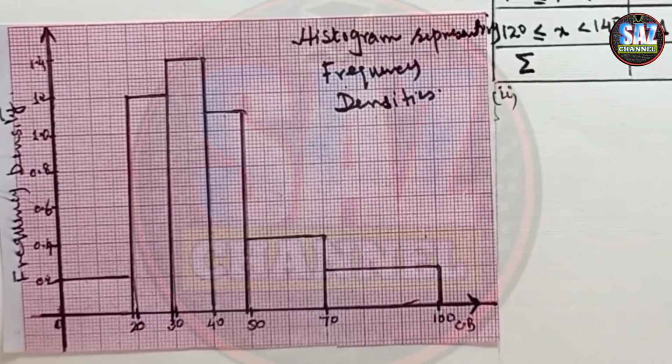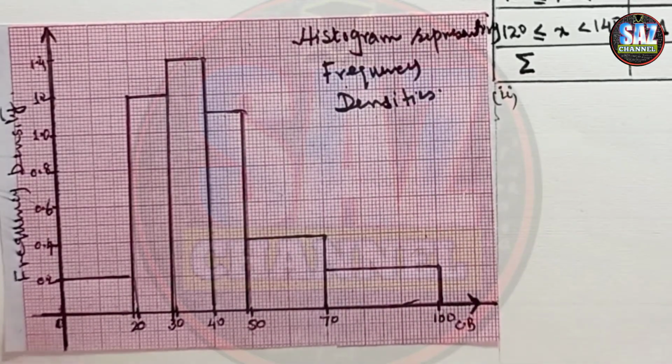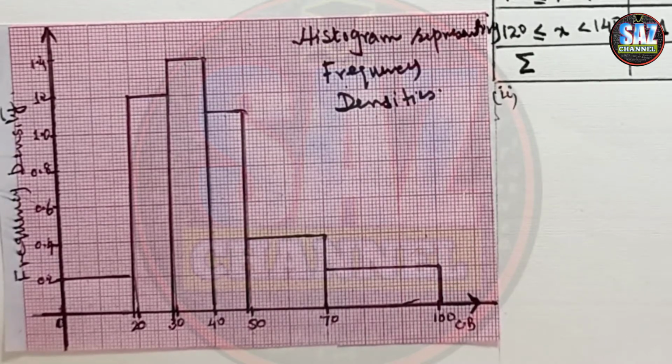I hope you are clear about the construction of a histogram with unequal class width, with height of rectangle and frequency density. Both the formulas are useful, but in your O-level examination, most of the time the question will come with frequency density. Either they will ask you to construct the histogram with unequal class width, or they can give you some portion of the graph drawn in which the class width is not the same and you have to complete the frequencies.